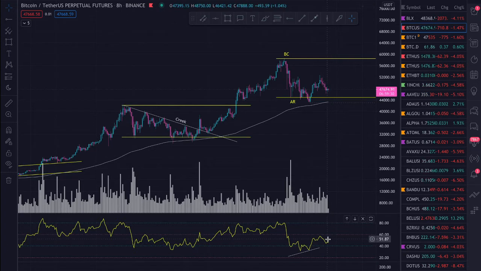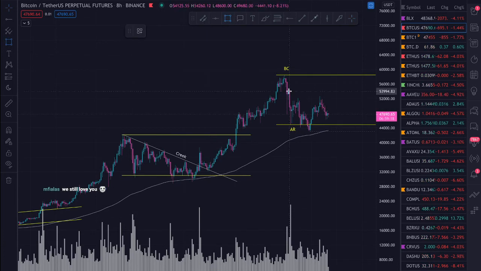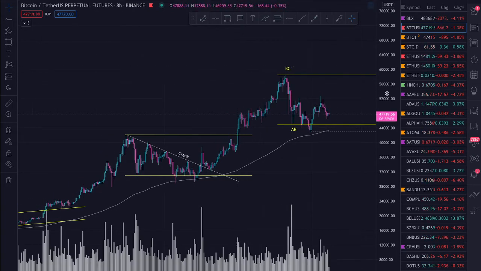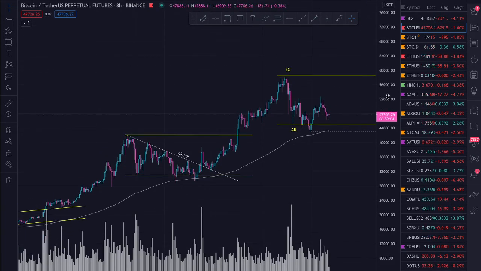We'll quickly take a look at the RSI. No divergence or anything on the RSI. We're just tentatively hoping that this area right here at the bottom of the range holds as support. There's not much to report on Bitcoin. We are seeing higher highs, we're seeing higher lows, and the overall structure is very good. So let's just move on to the next coin, and that is Ethereum.